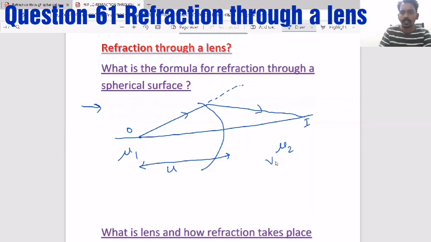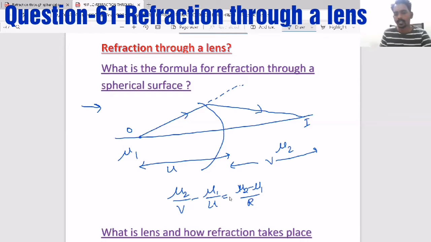It is not compulsory that the image always forms in this manner, but we are taking one particular case. So one generalized formula we will derive is mu2 by v minus mu1 by u equals mu2 minus mu1 by r,